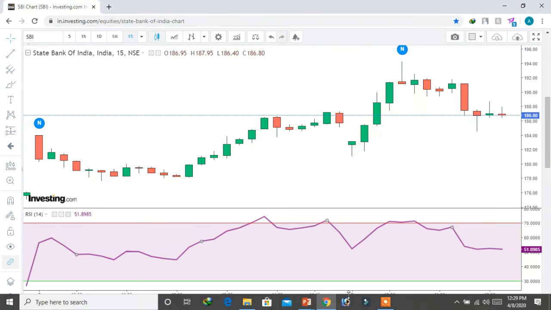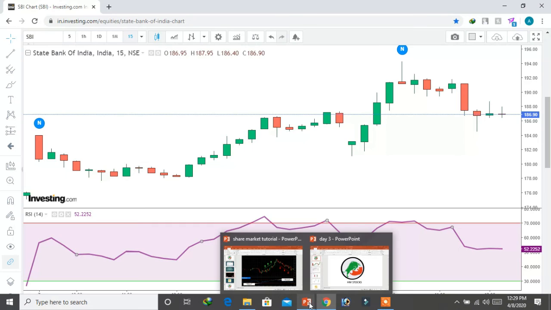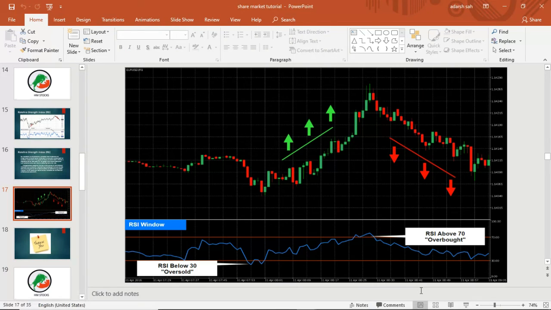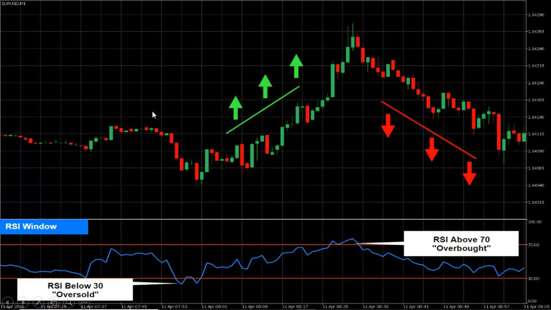Okay, let's go back to the slide. So in this way, if you trade with a positive sign, keeping the trend in your mind, you always have to trade according to the trend. Never go on the opposite side of a trend. Whenever there is a downfall market, whenever it is in an oversold condition, you may think the price may go up, but you have to wait until it shows some strength. Whenever it shows some strength, then you take an order, or else you have to just wait for the right moment. If you trade that way, you will be earning lots of profits.